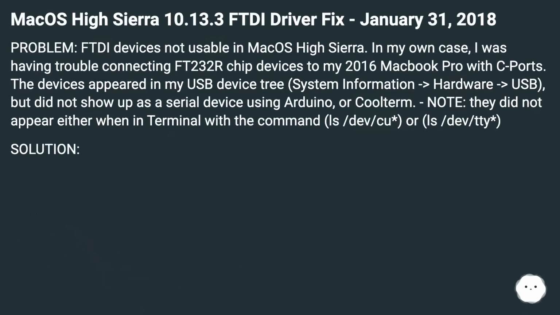macOS High Sierra 10.13.3 FTDI driver fix, January 31, 2018. Problem: FTDI devices not usable in macOS High Sierra. In my own case, I was having trouble connecting FT232R chip devices to my 2016 MacBook Pro with C ports. The devices appeared in my USB device tree, System Information, Hardware, USB, but did not show up as a serial device using Arduino or CoolTerm. Note, they did not appear either in terminal with the command ls /dev/cu.* or ls /dev/tty.*. Solution: